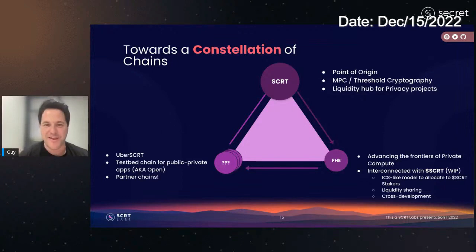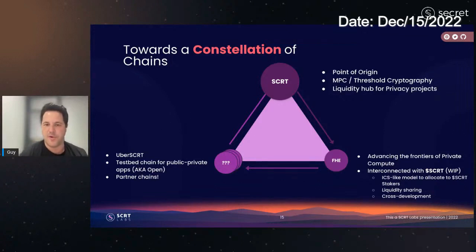I'm done with the very technical piece, and now I'm zooming out and going high level again. But the point is that we're going to build all of these into Secret as well, but we also believe in this idea that's very natural for Cosmos, where instead of having a single chain, over time, Secret would horizontally expand to a constellation of chains model. Now, these chains are going to be tightly integrated with each other in ways that benefit both, and Secret would be the gravitational center of all of these.